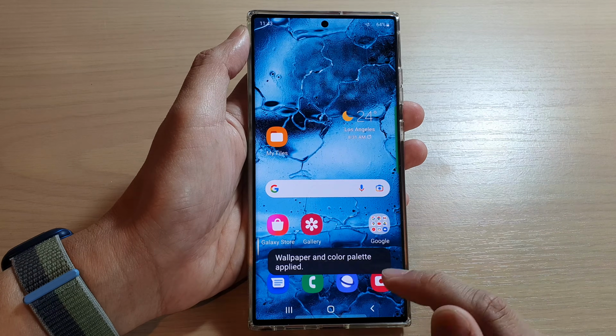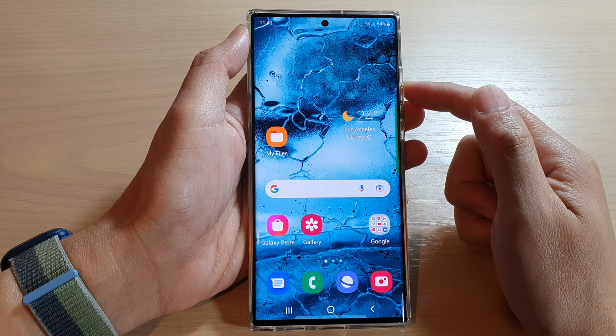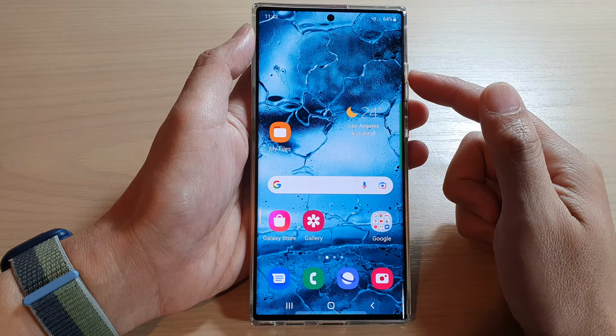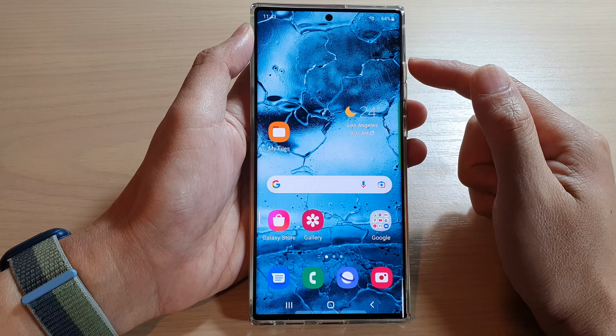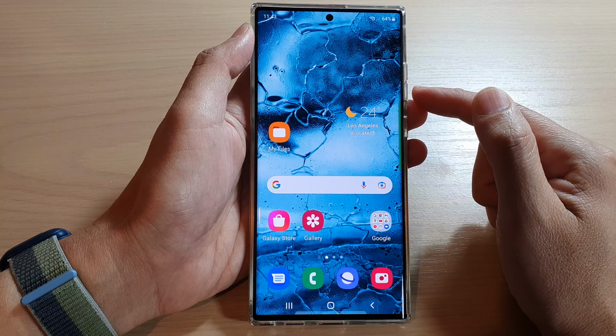Then tap on the home button to go back to the home screen. And that's it. That is how you can download new wallpapers for the home and lock screen background on the Samsung Galaxy